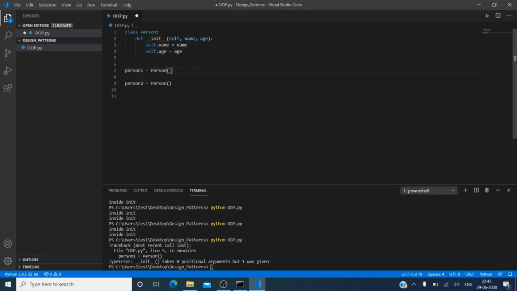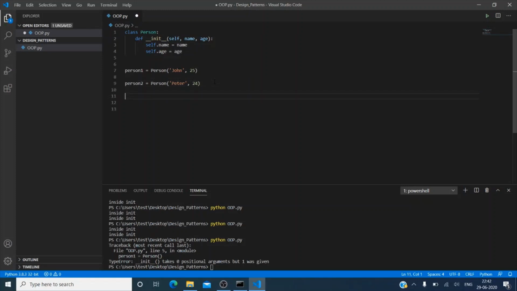While creating the object, I'll pass name and age here. So let me type a name and a number for age. And here let me type another name and another age.